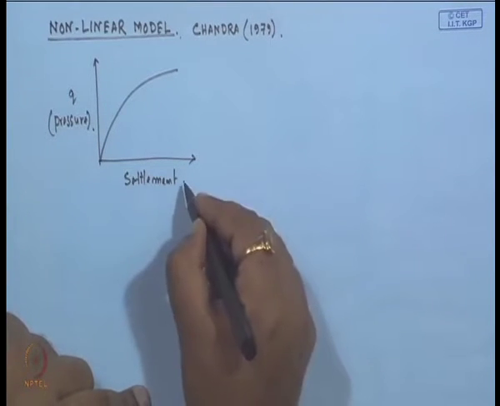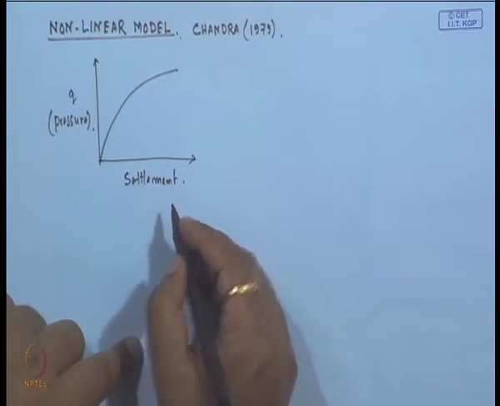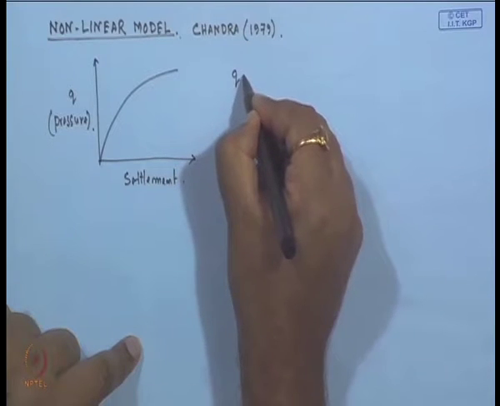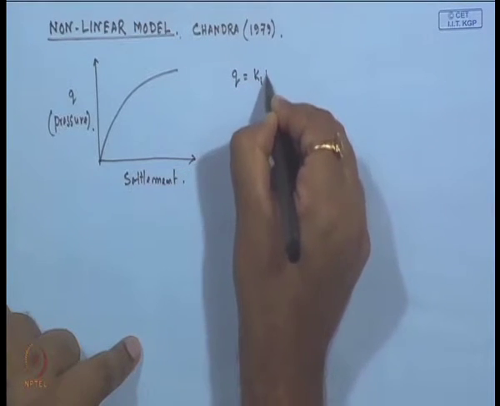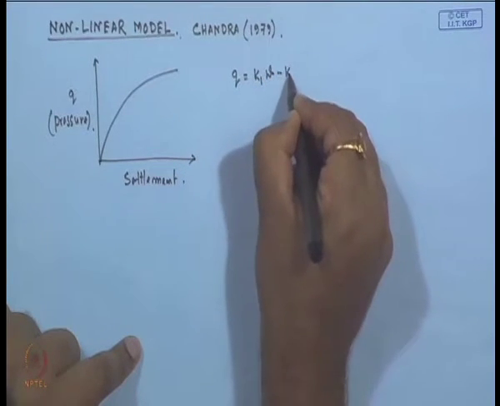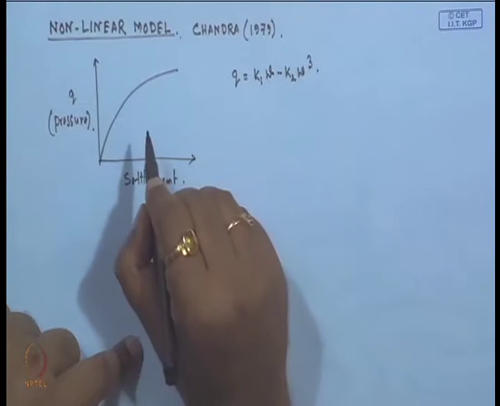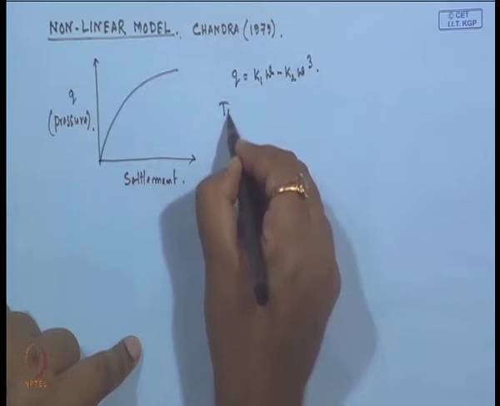So, we will get a polynomial relationship, that we can use Q equal to K 1 W minus K 2 W to the power 3. Now, to determine K 1 and K 2,